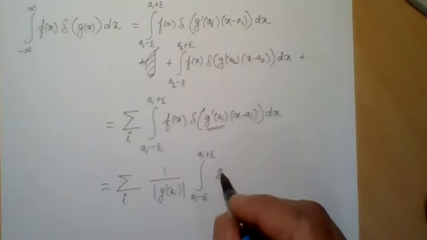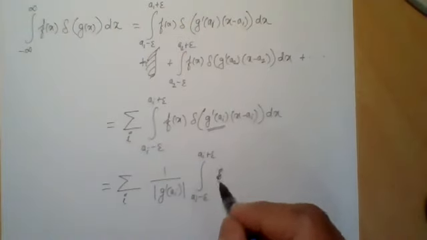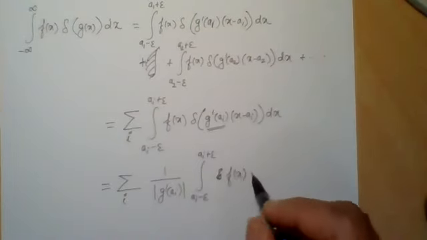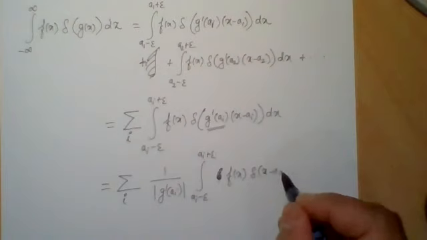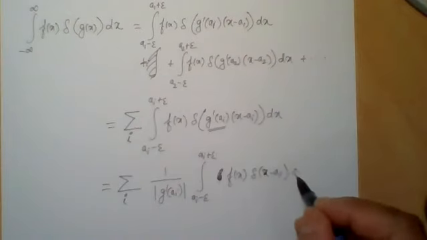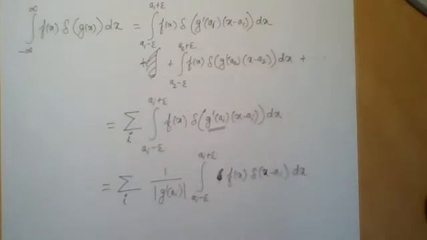Sorry, I have f(x) here, so let me write f(x) first: f(x) delta(x minus a_i) dx. Okay, this is fine. And this is equal to